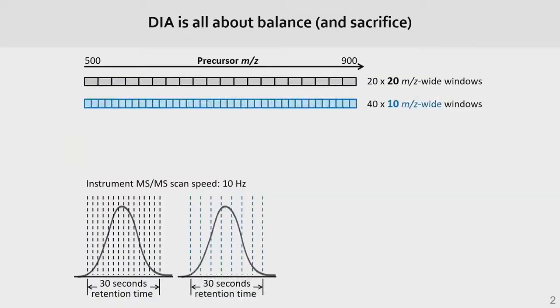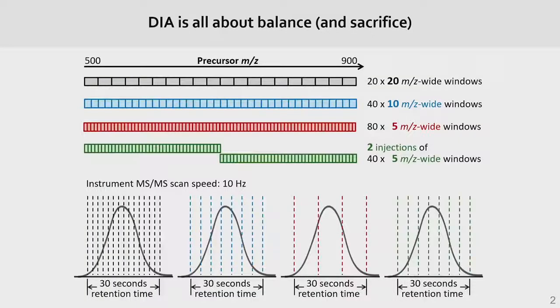So I just want to remind people that DIA is about this sort of balance and sacrifice. We balance three major things: the mass range, the isolation window, and the duty cycle. I think this has been beaten to death during the course. But this is an important component, and it's something to consider when you're thinking about building a DIA method